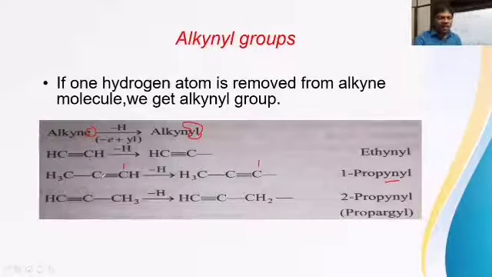And from the same molecule only, we have taken this one. In this case, CH triple bond C single bond CH3 is there. Now we are removing a hydrogen from this CH3. When you remove one hydrogen from this CH3, it is CH2 now, with a free bond. So CH triple bond C single bond CH2 with a free bond. The free-bonded carbon should be allotted the first position always. It is the first carbon. After the first carbon there is a single bond, you see. After the second carbon, triple bond is there.